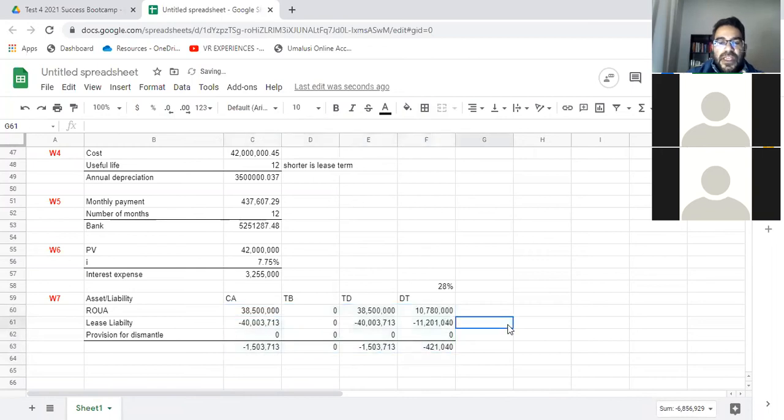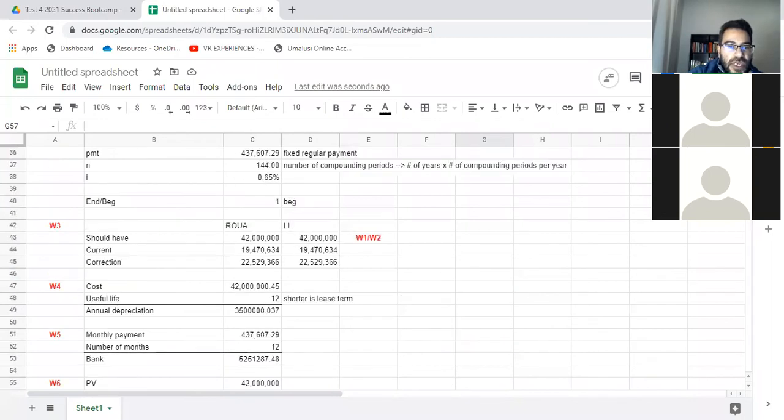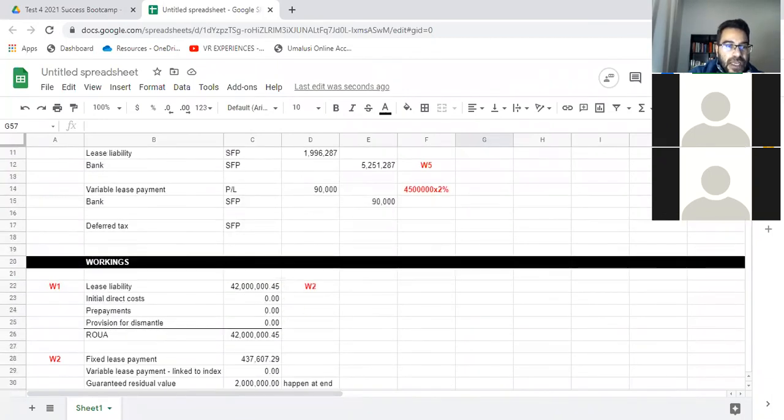Okay, so if it's a negative number, in my case, it is going to be a deferred tax asset. So all I'm going to do is say debit, so it's a deferred tax asset. Assets are increasing, and assets increase on the debit side. So I'm going to say debit deferred tax asset.